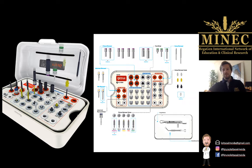So, the first thing you need to select is the Torx driver, and you select it according to the vertical height you need to reach the implant platform and the next component. And the next component is this fixture removal screw. To select this, you must select the correct width of the prosthetic screw. It is critical that you select exactly the same width of the prosthetic screw as the implant you're about to remove. Because then you will screw this fixture remover onto your implant in a clockwise direction